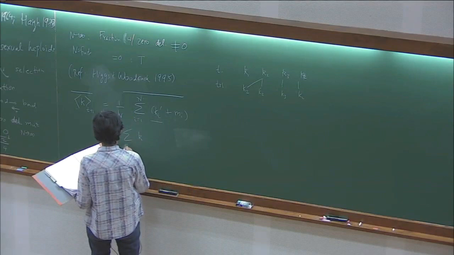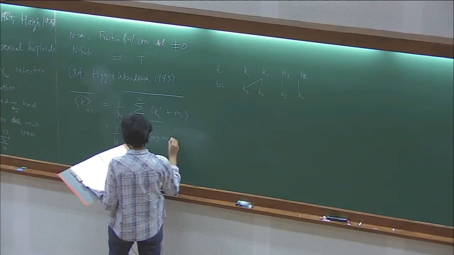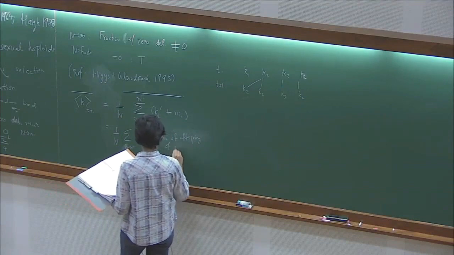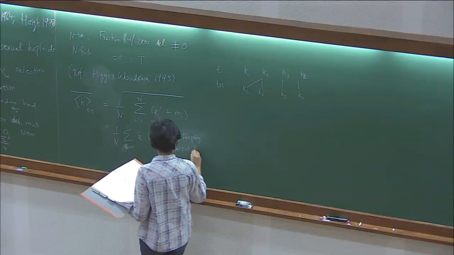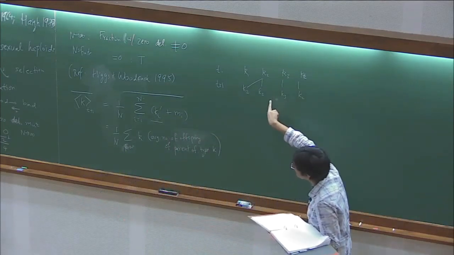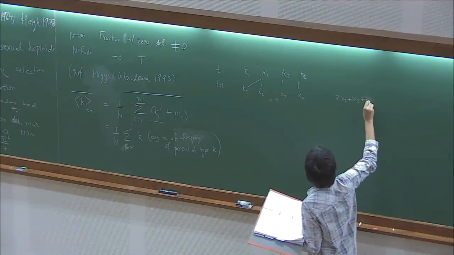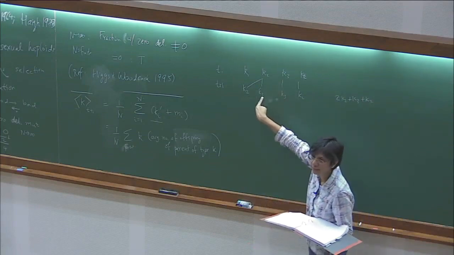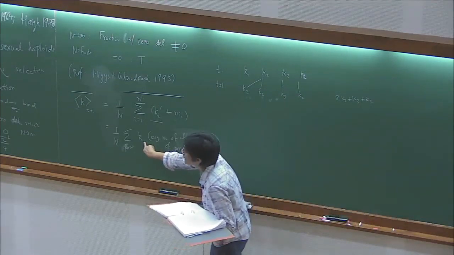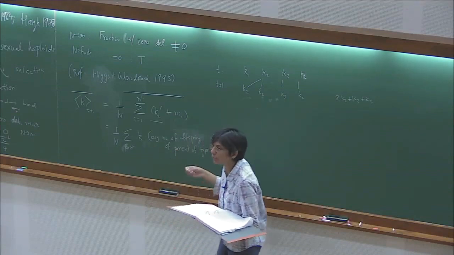K times the average. This term would give me 2K² plus K³ plus K². So this guy produced 2 offspring, right? So I would be writing here K² into 2, K³ into 1, and K² into 1. So K is the number of mutations, and the average number of offspring is 2 here in this particular example, right? And because I want to average it